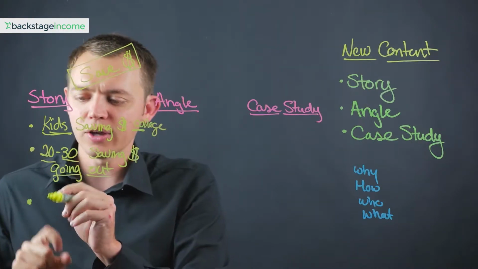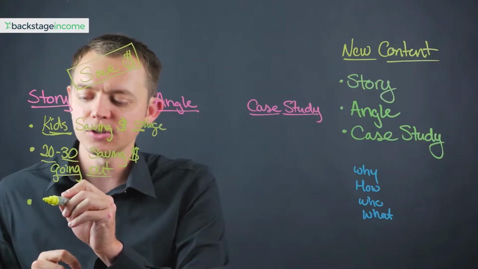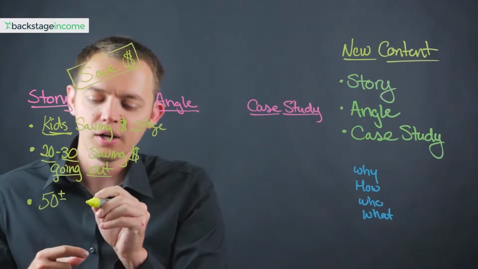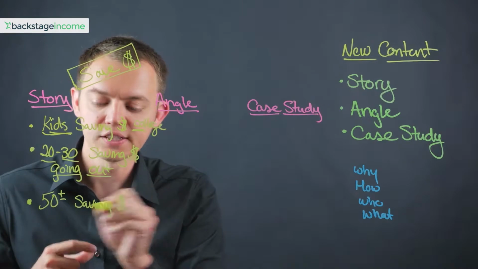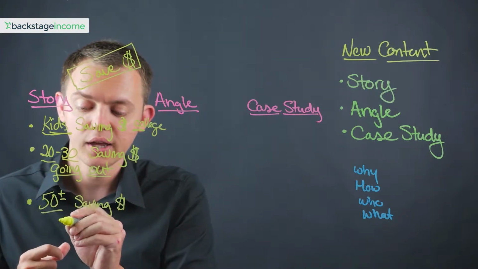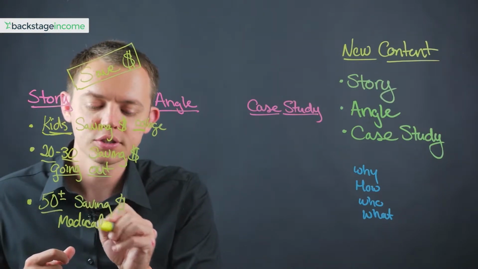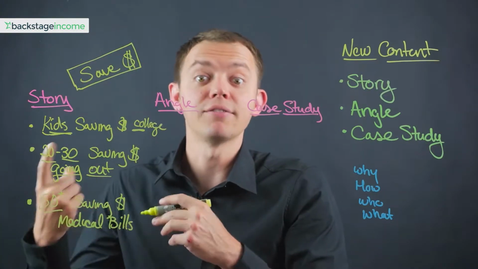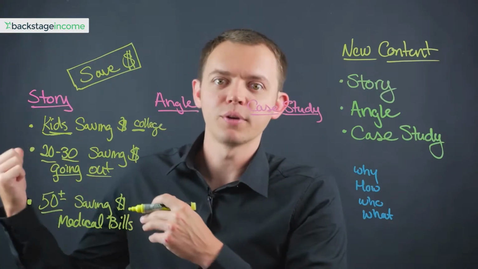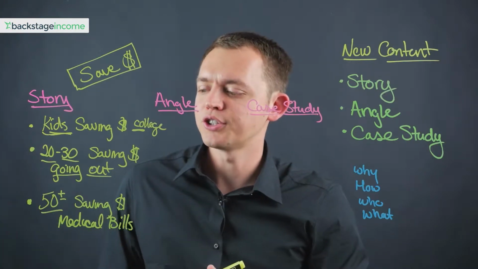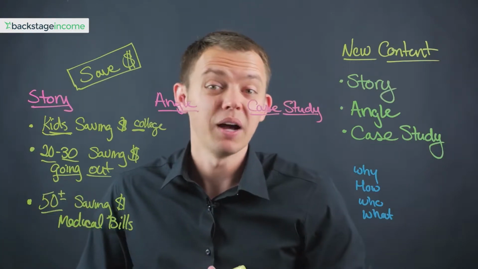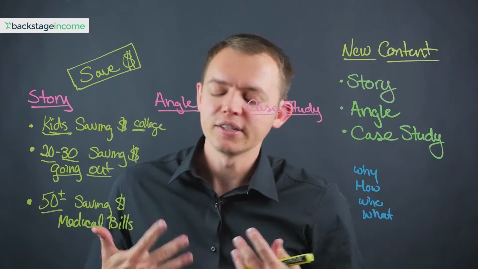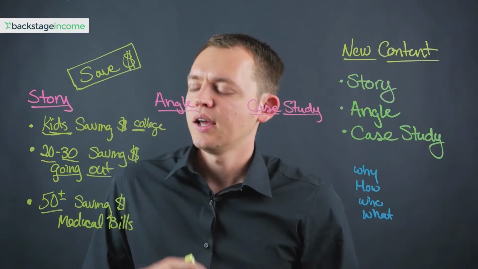And then you could say, okay, well, how are retirees or older people or baby boomers, or let's say 50 and up, saving money? And this could be maybe more for, let's just say, medical bills, right? Or saving on their medical situations. They could be traveling to the Dominican Republic, or traveling to other countries where it's cheaper for medical services than in the United States, because of course the United States is very expensive for medical care and so forth.